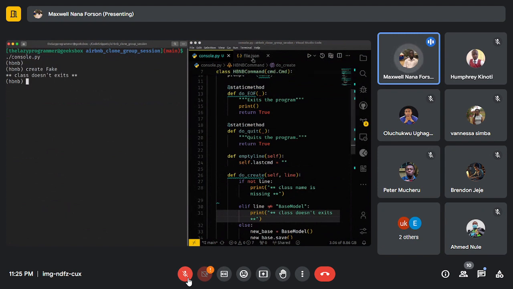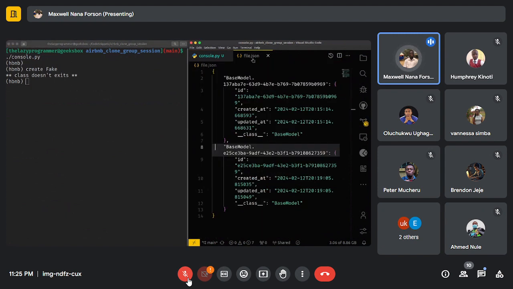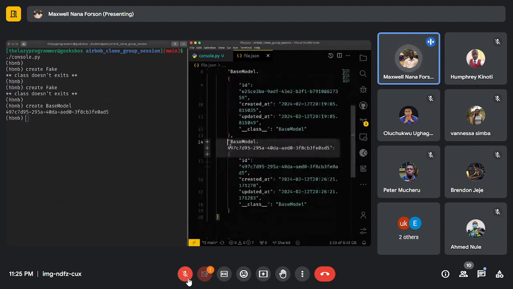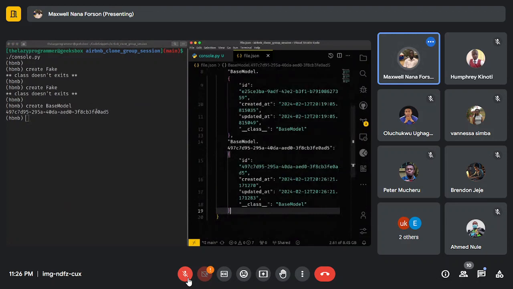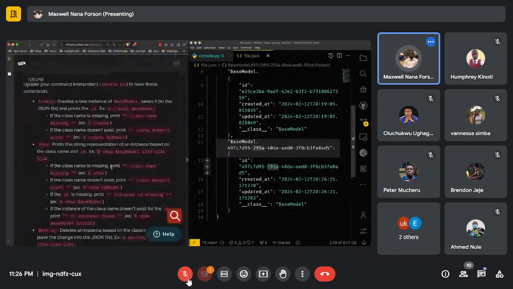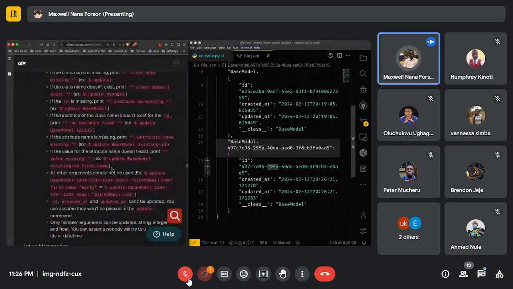And also, whilst we are doing this, we should be checking to actually make sure that it's actually not doing anything. So when I say create fake, it doesn't. When I say create base model, you can see that it creates a new base model down here, right? That's created the base model. It has saved it as well. You can see the ID is the same as this ID over here, right? So that is really that part over there. Okay. So for the rest of these parts over here,